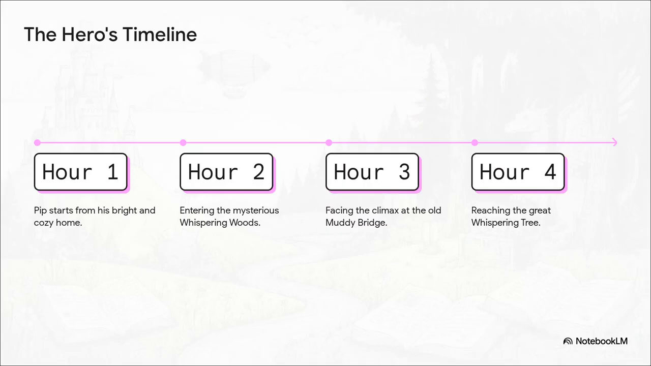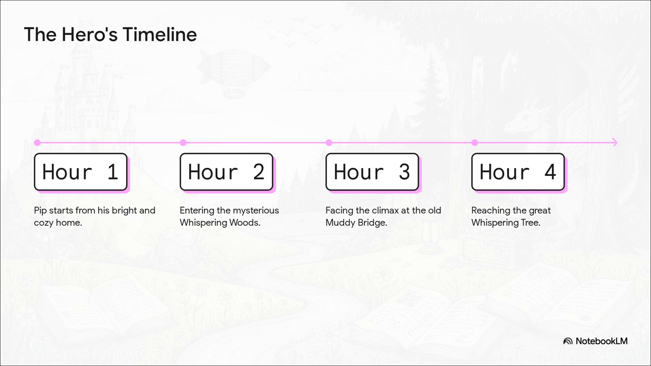And this timeline brilliantly illustrates exactly how that geographical and chronological progression plays out, directly following the Wise Owl's golden map. Look at the flow here. We start in the absolute safety of Pip's home in Hour 1. Then, by Hour 2, he crosses the boundary into the unknown, the Whispering Woods. Hour 3 brings us right to the central conflict at the Muddy Bridge, and it all culminates at the Whispering Tree in Hour 4. You see, this isn't just a random afternoon stroll. It is a meticulously structured pathway specifically designed to push our hero out of his comfort zone step by step,